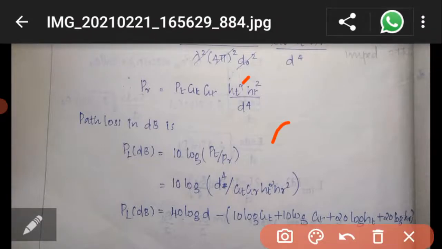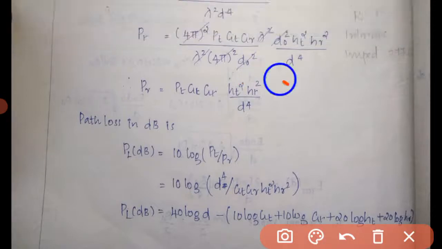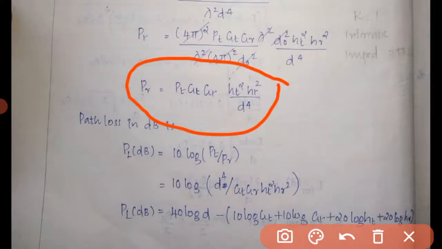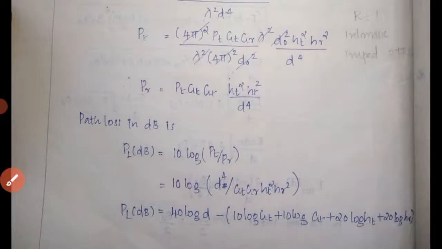Here the important thing is the received power equation when there are two rays, the two ray ground reflection model. This is the received power that you have to find. Just take this down in your notebook and try to study it. After writing it, you have to send it to me. Thank you, dear students.